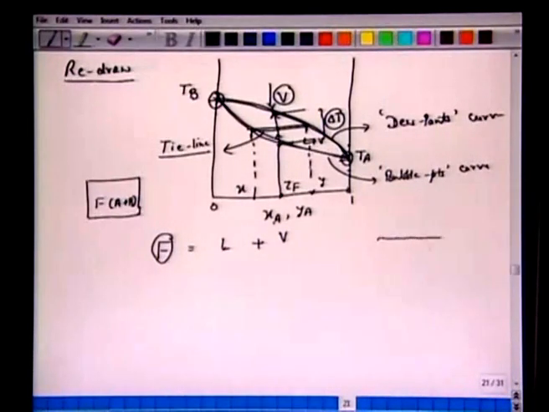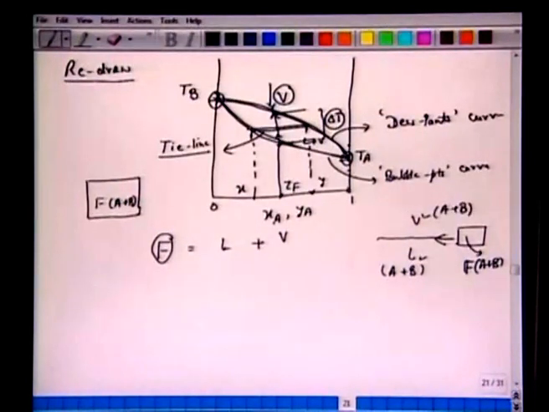So we are looking at starting with, now we have vapor phase and we have liquid phase. We started with a pure, say, one liquid phase F, which consisted of A plus B, and we heated it. We have heated it to bring it to two phases L and V here. Each phase, liquid and vapor, will contain A plus B. So now we have written this total material balance.